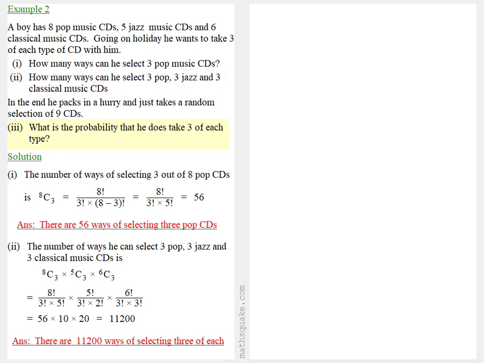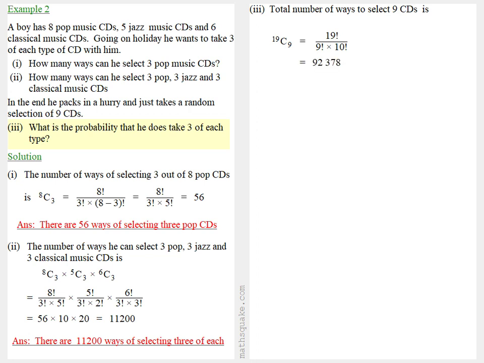In the end, he packs in a hurry and just takes a random selection of 9 CDs. What is the probability that he does take 3 of each type? Well, the total number of ways of selecting 9 CDs is 19C9. There are 19 CDs altogether, and he's taking 9. So that's 19 factorial over 9 factorial times 10 factorial, which works out to be